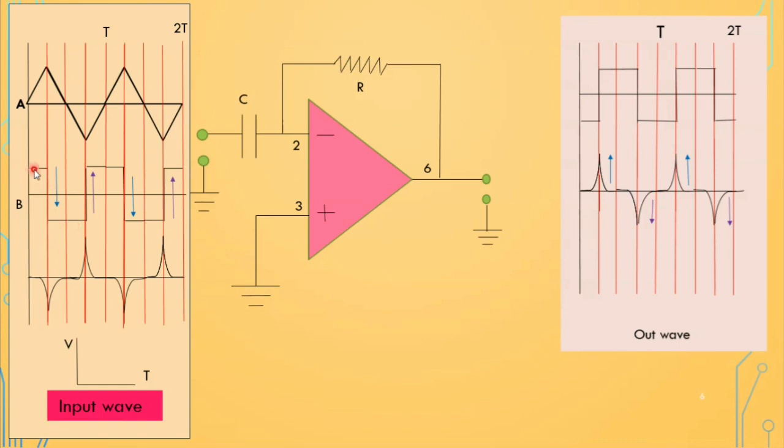So here the wave starts in this way, goes in the downward direction, and again in the upward direction. But in the output we will get the wave which starts inverted. So here this is upward, and here it is inverted. So we will get this output. Suppose we have given this input, so we will get this output.